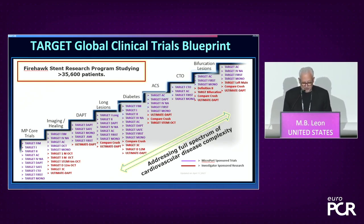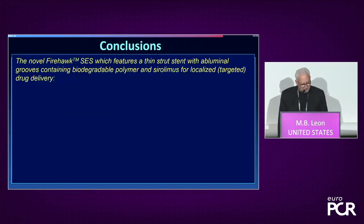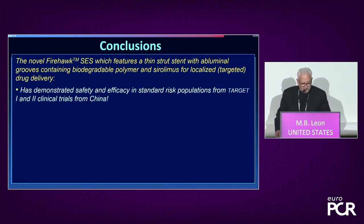35,000 individuals. So certainly no paucity of data to look at, addressing now the full spectrum of disease complexity, which we think is important as you characterize a new drug-eluting stent. And would conclude that this novel Firehawk sirolimus-eluting stent, which features the thin strut design, abluminal grooves containing the biodegradable polymer and sirolimus, which gives you a